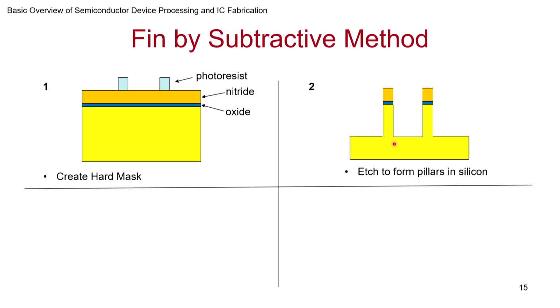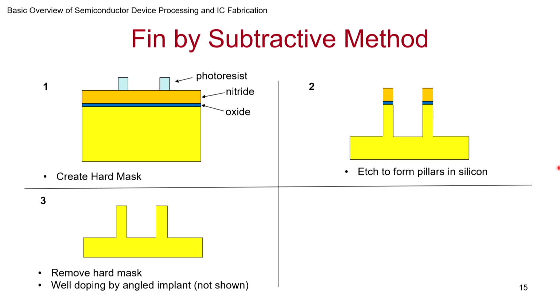So when you do this, you get pillars. We have seen a similar structure earlier, if you remember, shallow trench isolation that we saw. It's a very similar process. You try to make this as narrow and as deep as possible, and of course by using these lithography tricks, bring this as close as possible. Once you have done this, now you can remove the mask, the hard mask that you put, nitride and oxide, and you get something like this.